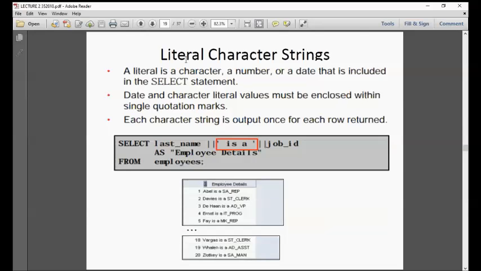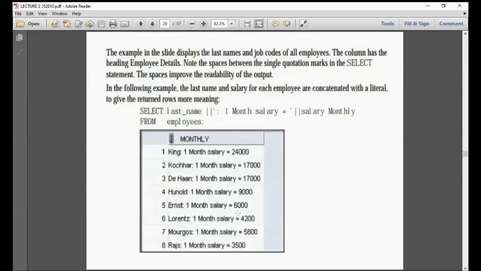This is what we call literal characters. So 'is a', you will not use double quotation. You will just use single quotation. So this is the output. The last name is a, the job ID. Okay? That is literal character strings. And this one is an example of that.